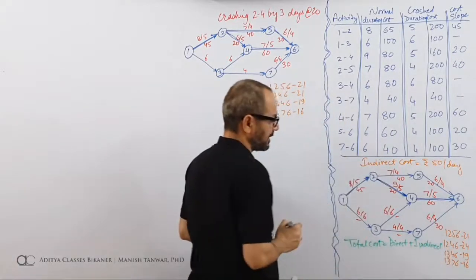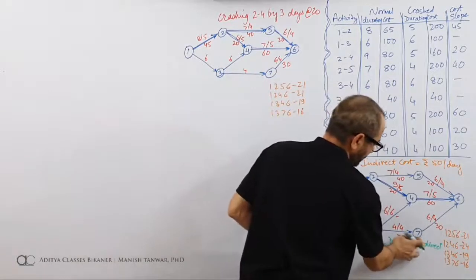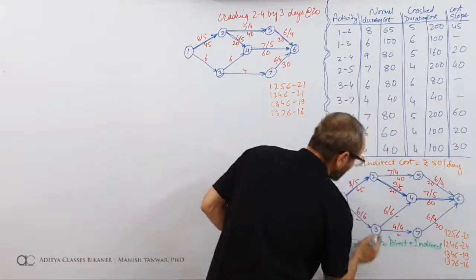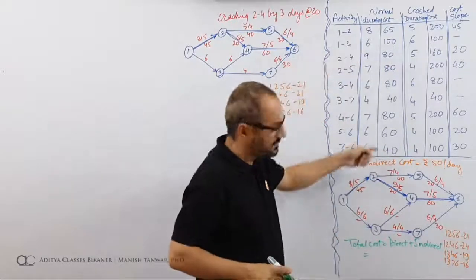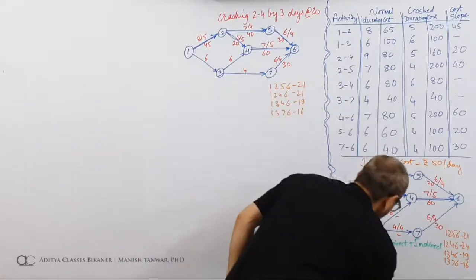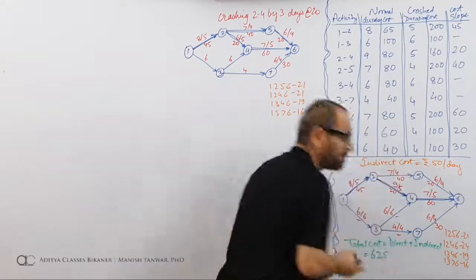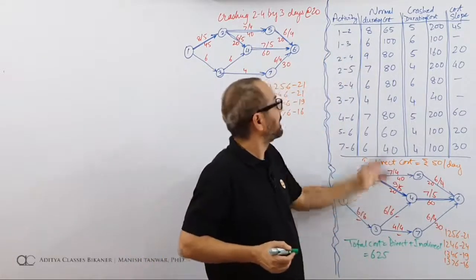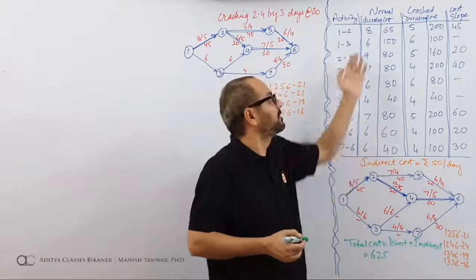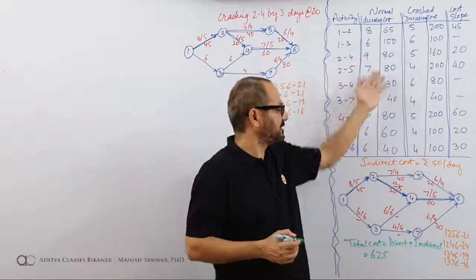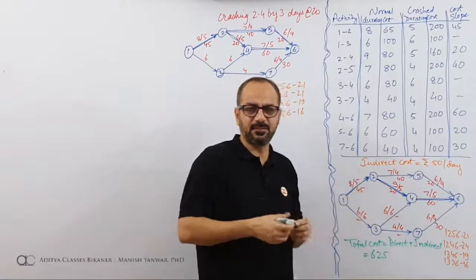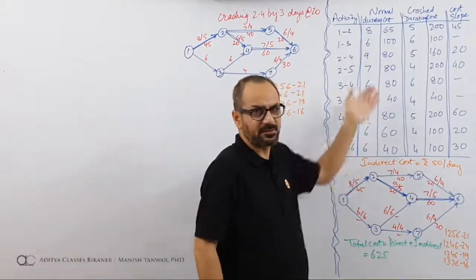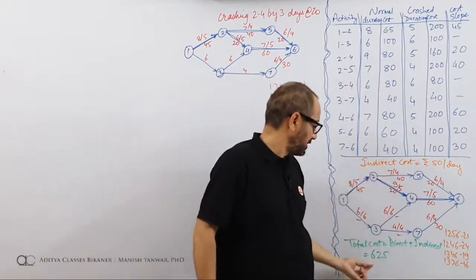Total cost is direct plus indirect cost. What is the direct cost in this case? We have added these direct payments, 625. What is direct cost? Normal payments that are being made. Right now you are working in 8 days, 9 days and so on. So if you are working in these durations, these are the normal payments that you are making to the teams. If a person is working for you, you are making a payment. So these are the normal durations, so these are the normal payments. These are the direct costs.